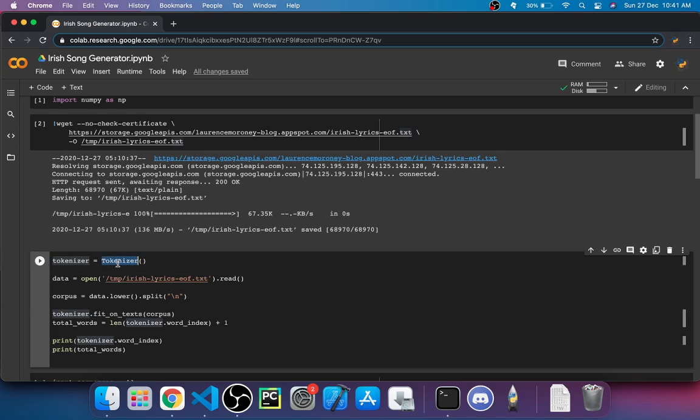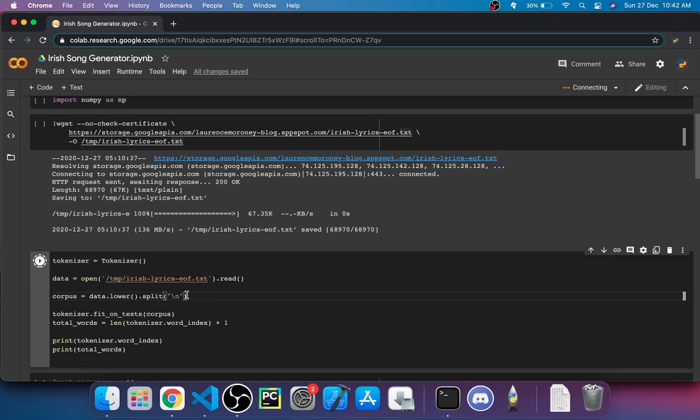And it's very simple to create a tokenizer in TensorFlow. We just type any variable name equals Tokenizer with a capital T and the parentheses. Then we have just simply opened it up from a temp directory and read it. Now we have just split the data with a backslash n, which will go to a new line.